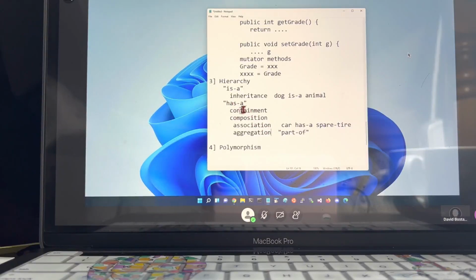There's a general "has a" relationship, which we'll call a composition, which has two forms, an association and an aggregation. In an aggregation, the two parts typically continue to exist, whereas in an association, one is made up of the other, and this guy controls the lifetime of that guy. And that will give you a good enough sense of how hierarchy will work when we start talking about the relationships in other ways.